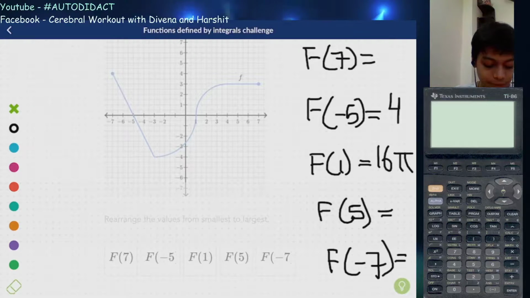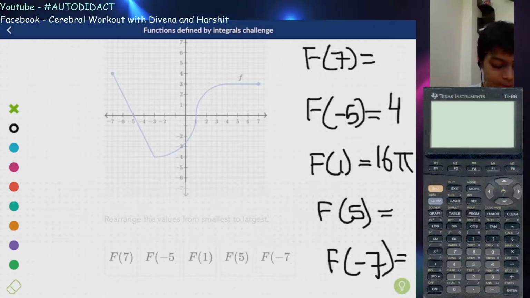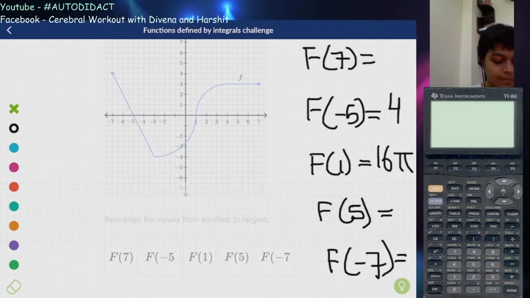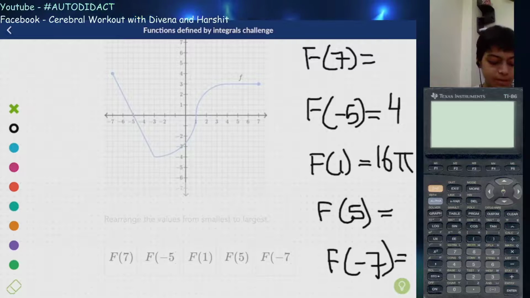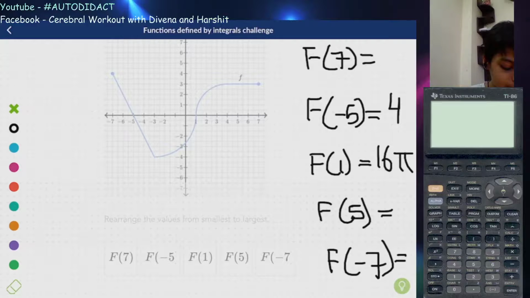Till f of 5, what is going to be the area? But first let's find what f of negative 7 is equal to, because it is also easy. So from negative 3 to negative 7, this is going to be a positive area, but let's just add these all. Okay, so from negative 3 to negative 5,